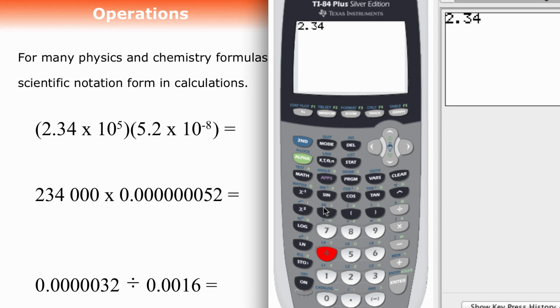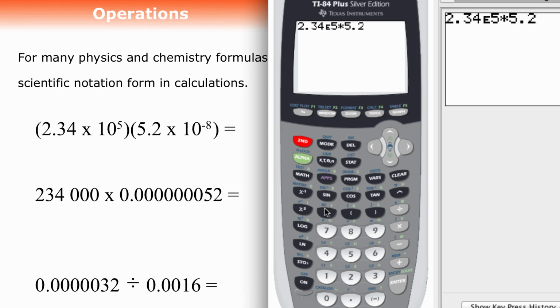So look for that on yours, or an EXP button it often is. So 2.34, and then I go second EE. Notice it puts an E there, just indicating it's changing it to scientific notation. And then I put the 5. So there's my number, 2.34 times 10 to the, that's what that E would mean, times 10 to the 5th. Okay, good. Times 5.2